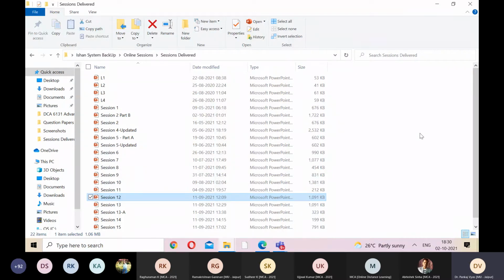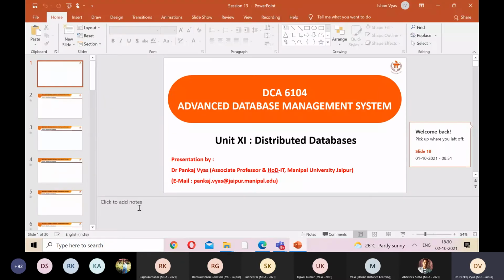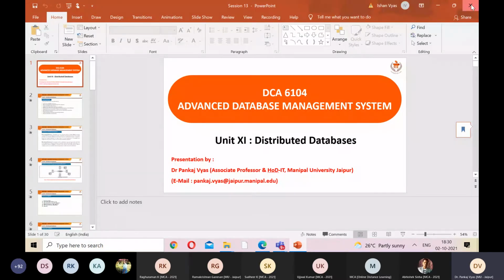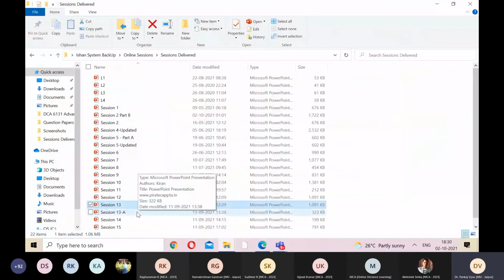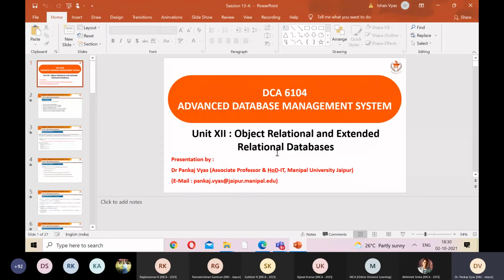Please note down, the object-oriented database is different, and this is the distributed database. There is also the object relational database, which we call the OR model, which combines the best features of the object-oriented model as well as RDBMS features. That is the most commonly used model these days. Even Oracle is basically an object relational model.